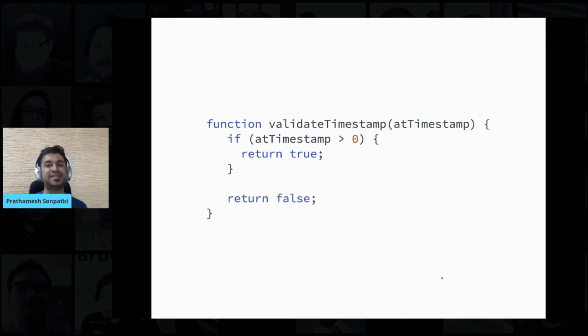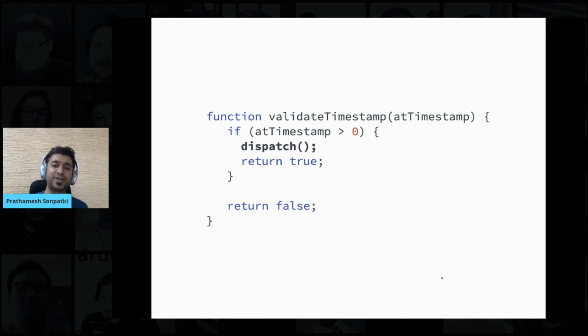So here we have a sample function which, given a timestamp, validates it. Just for the sake of simplicity, I have added only one condition, but in reality there are other clauses that check whether this particular timestamp is valid or not. So this is how we start. This is the starting point for our function.